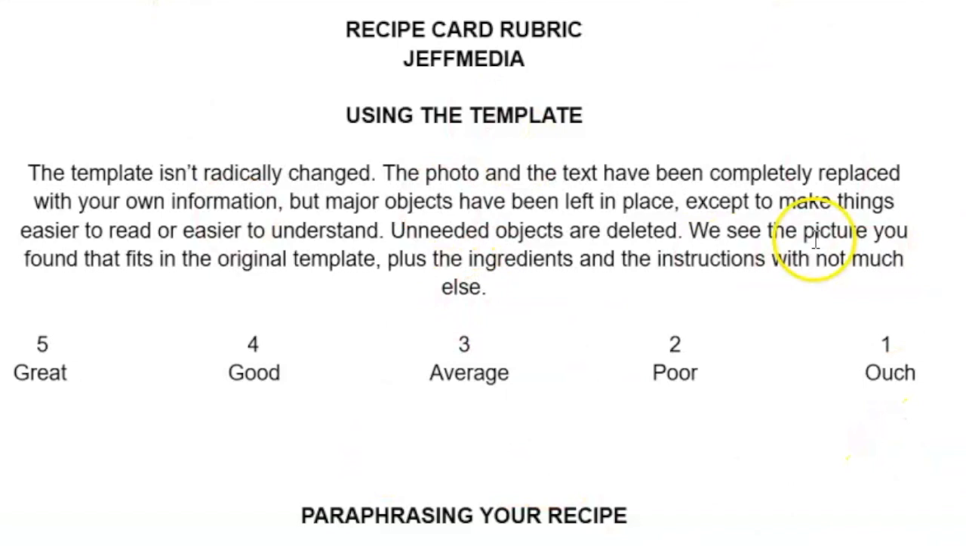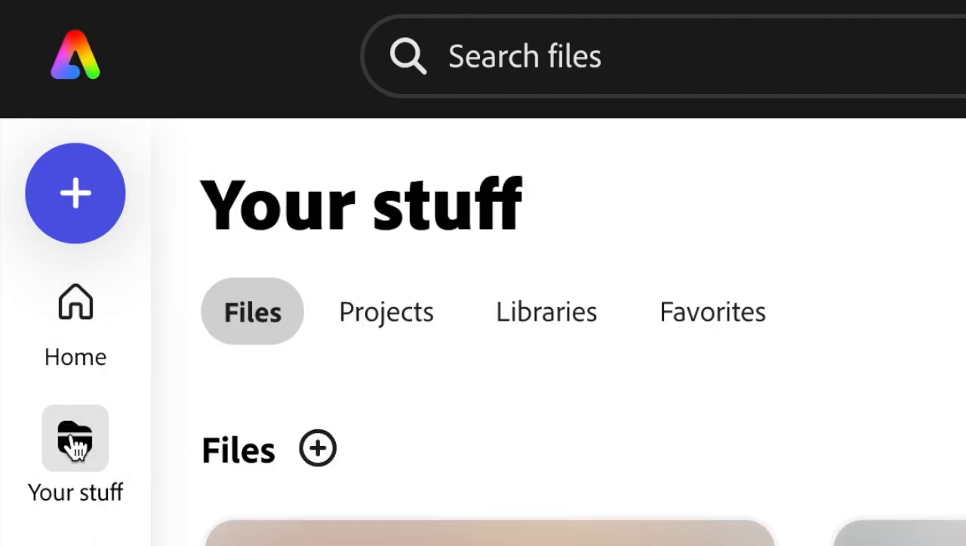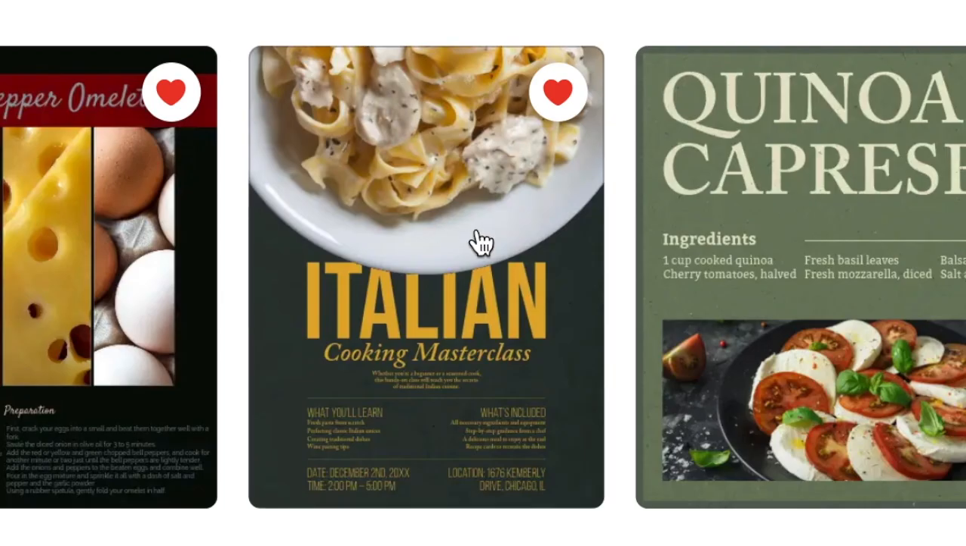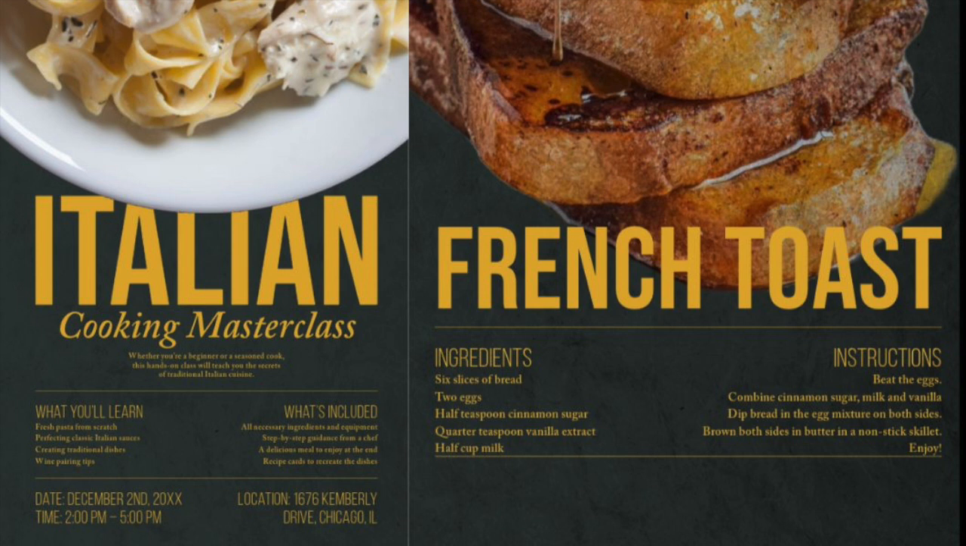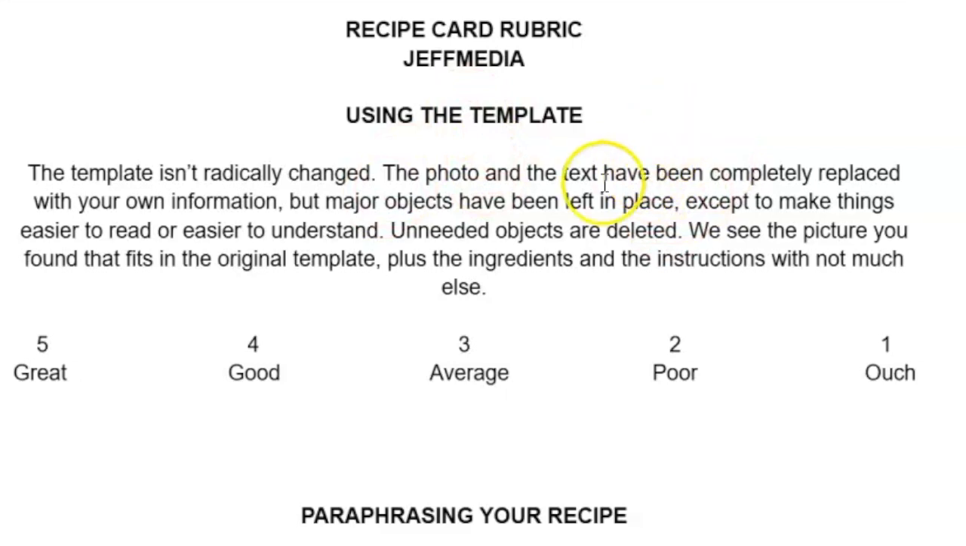As I grade this last assignment, first is how you're using the template. You want to make sure that the template isn't radically changed. That's why I had you favorite it, so we can look at it in comparison to what you've changed it into. The photo and the text have been completely replaced with your own information, but major objects have been left in place except to make things easier to read or easier to understand. So you don't want to move a bunch of stuff around. If there's extra things,